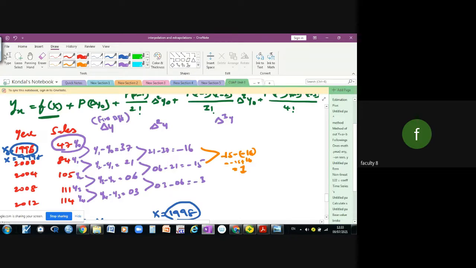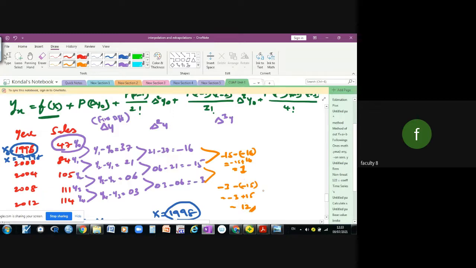Have you understood this thing? So we have minus 15, minus and minus 16, right? So minus 15 as you can write it, and minus into minus is plus. So 16. So minus 15 minus plus 16, you will get plus 1. Then here, the difference between these two, minus 3 minus 15. So here minus 3, here minus and minus plus, so here 15. So minus 3 plus 15, how much? 12.